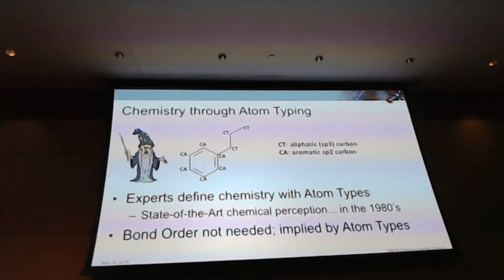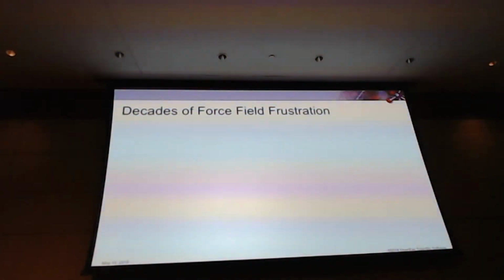Another thing that's important is that for most of the force fields we ordinarily deal with, because they've got all this great chemical perception in the atom type, you don't need to pay attention to things like bond order. So you know the bond between two aromatic carbons is going to be planar because they're aromatic carbons. Duh, it's got to be planar. And between the tetrahedral carbons, you're going to have that threefold torsion.